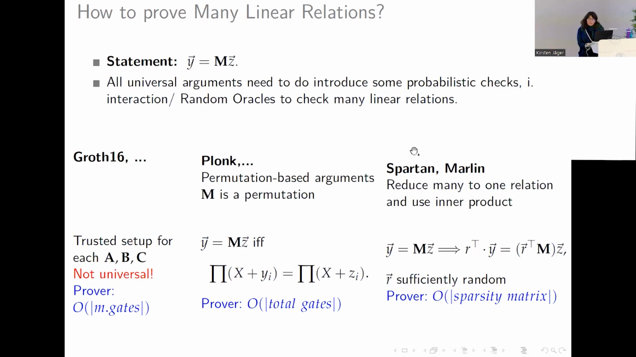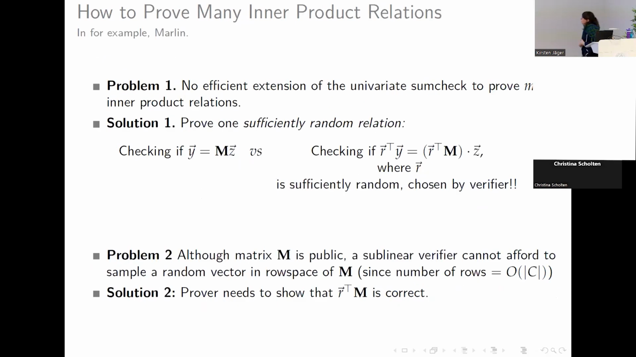There is another way of doing this used in these proof systems, where what you do is somehow the natural strategy. So you want to prove that y is equal to Mz. So what you do is you pick some sufficiently random vector and you randomize, you collapse all these linear relations into a single relation, okay? Now, what is worth noting about this approach? Well, the problem here is